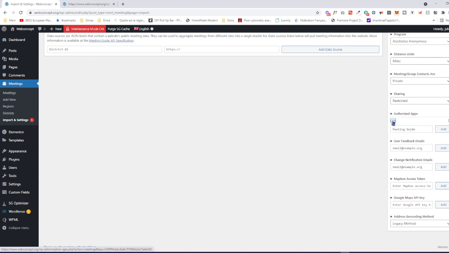So here, this is now a link. If you look on the bottom left-hand side, you will see webconcept.org/wpadmin/admin-ajax, etc. And there's a special key there, which is a key which is only to be used by one website, which would be in this particular case CER. So the link again can be found here. This link, by giving it to CER,